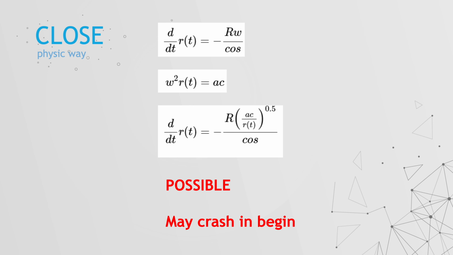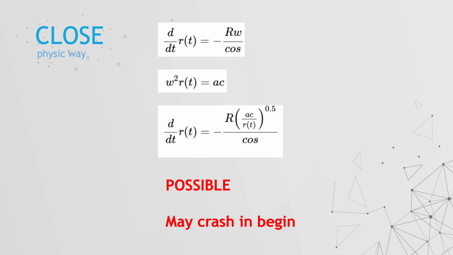Finally, we would like to find out the tying time of the flying pendulum to the pillar. And we solve this problem in a physics way. We know that r prime of t equals minus r times omega divided by cosine theta, and